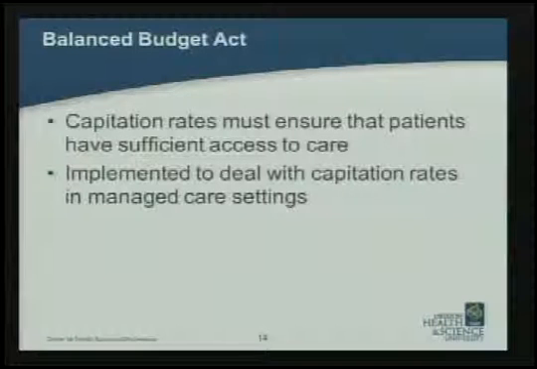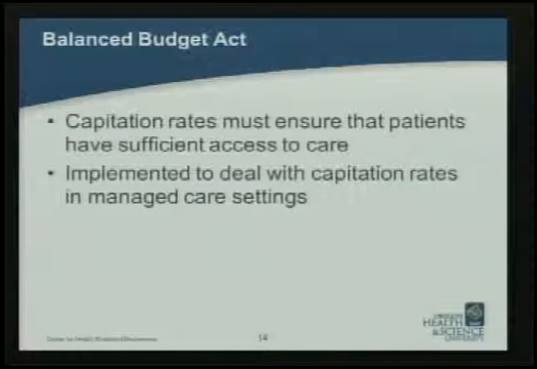And so then this issue of how exactly do we have an actuarial rate setting methodology and one that is fair? Kind of first, and moreover, what is the issue of actuarial soundness? I promise we're getting close to the punchline. And so a lot of that first question was introduced through the Balanced Budget Act of 1997, which said that capitation rates, these kind of bundled payments for managed care organizations, have to ensure that patients have some sufficient access to care. You can't say that a patient that is high risk is going to cost some tremendous amount and therefore could be excluded from your pool.